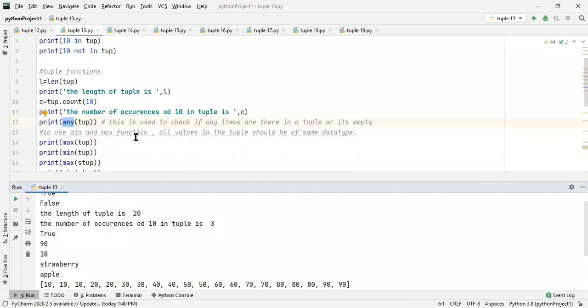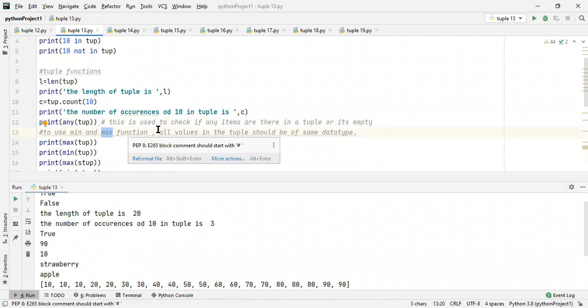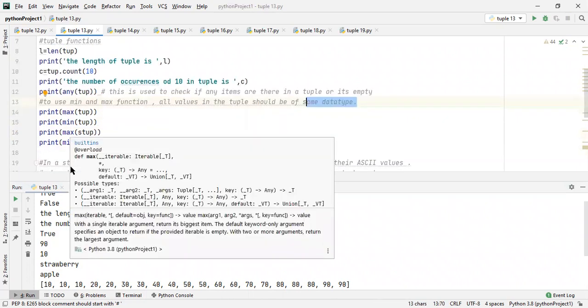Next is minimum and maximum. To use minimum and maximum functions, all the values in the tuple must be of the same data type. Okay, now maximum function will return the element with the maximum value from the tuple, and minimum function will return the element with the minimum value of the tuple.